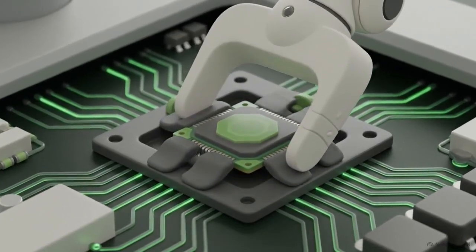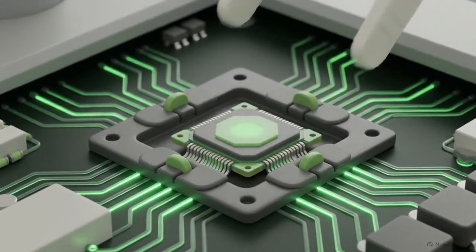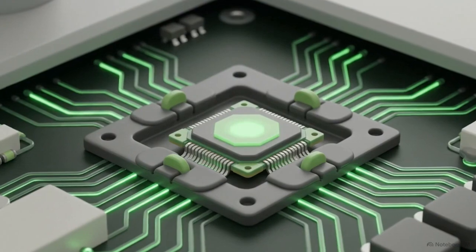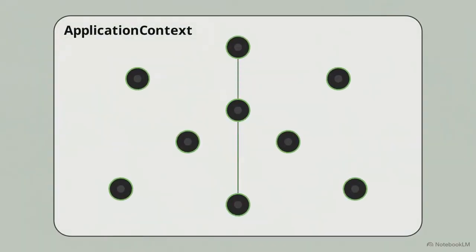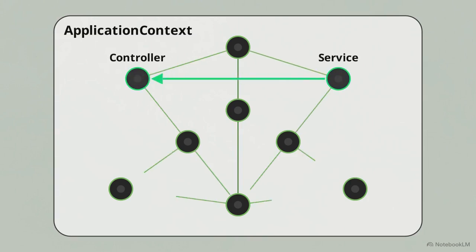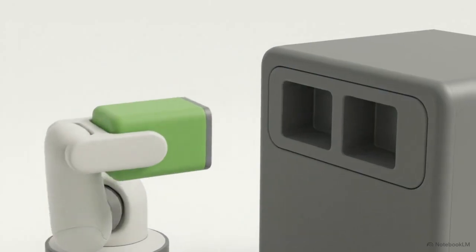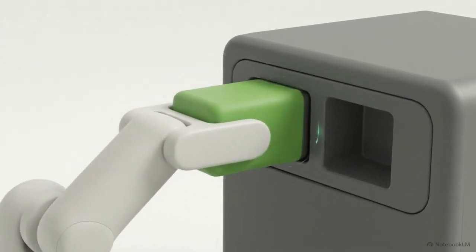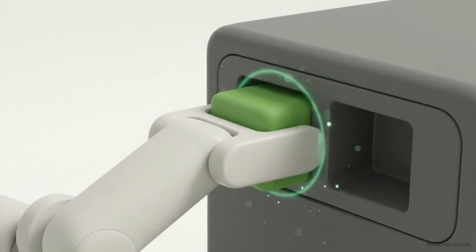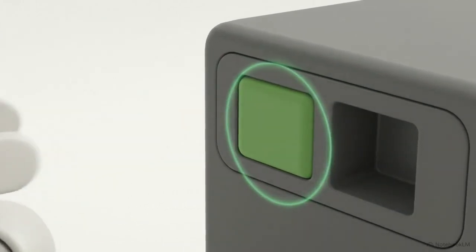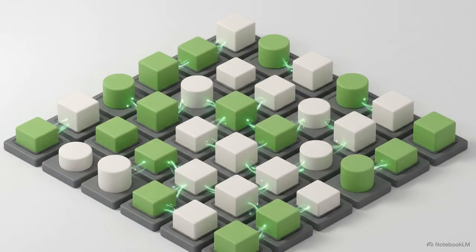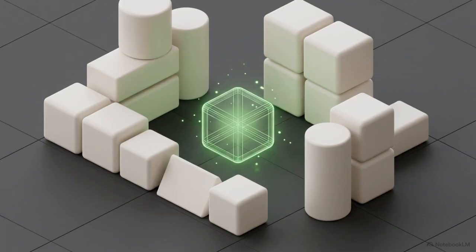This is the specific pattern that turns the theoretical inversion of control into a functioning system. Spring instantiates the beans it found during the scan and wires them together. If a controller requires a service to function, Spring injects that service automatically during the controller's creation. Because the framework handles these connections externally, you can swap one component for another without modifying the code that uses them. This decoupling creates a modular architecture that is easier to test, as you can inject mock versions of dependencies